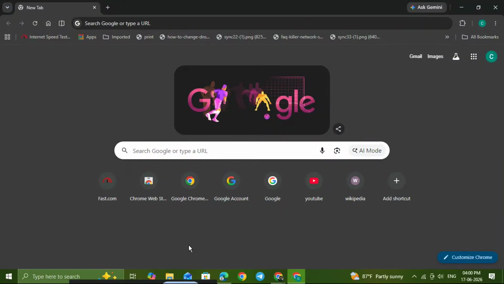If Chrome is showing a too many redirects error, don't worry. This usually means something on your browser or computer is causing the website to bounce in a loop instead of loading properly. In this video, I'll walk you through the fastest fixes step by step so you can get back